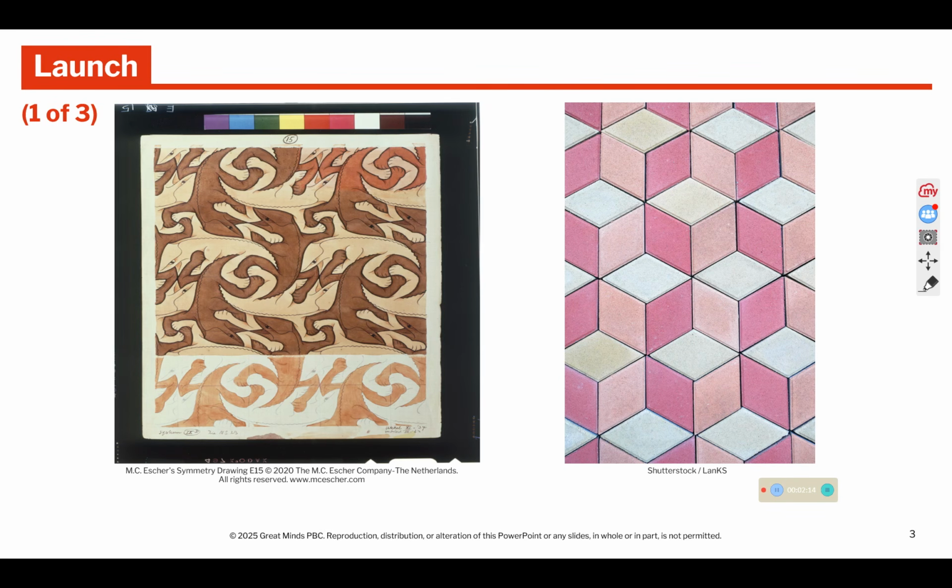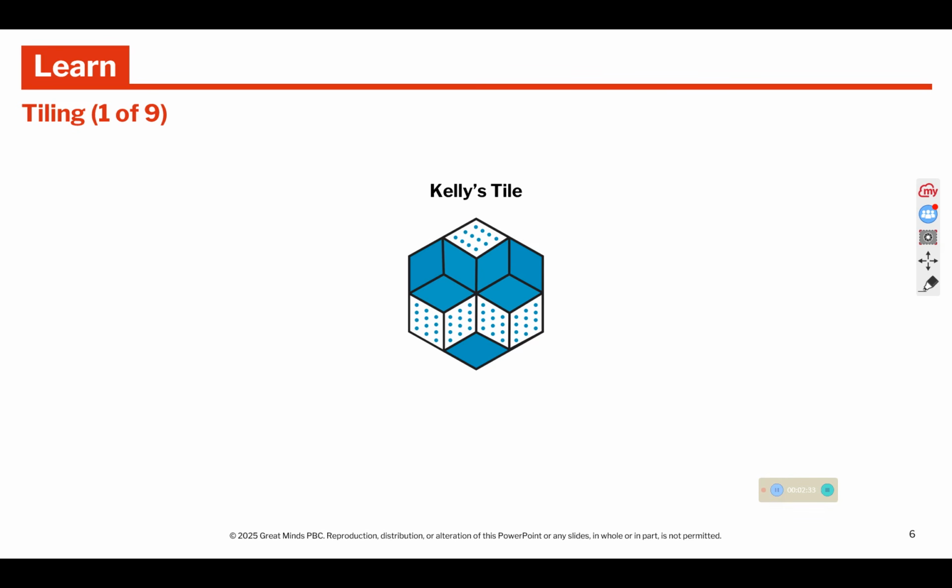Here we see two tessellations. A tessellation is when you have the same shape repeated over and over again to make a pattern with no gaps. You can see that the same shape here is represented in a different color, and they are pushed together to leave no openings. We're going to look at Kelly's tile to help us fill in the table in our